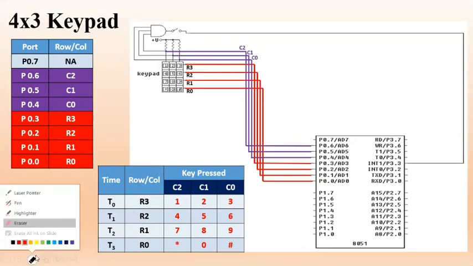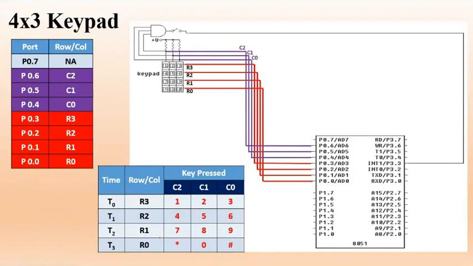Suppose someone is interested in checking which key is pressed. First he will activate row 0 and deactivate the rest of the rows. Just try to understand activating; after that I will show you how to activate and deactivate. So you have activated row 0, so you can detect star, 0 or hash.